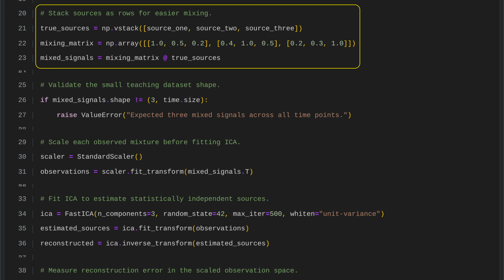The 3 source signals are first stacked into rows so they can be transformed together. A mixing matrix then defines how these sources combine to create the observed signals, with each row representing one mixture and each column representing one source. Multiplying the matrix by the stacked sources simulates the mixing process, producing signals that can later be separated with independent